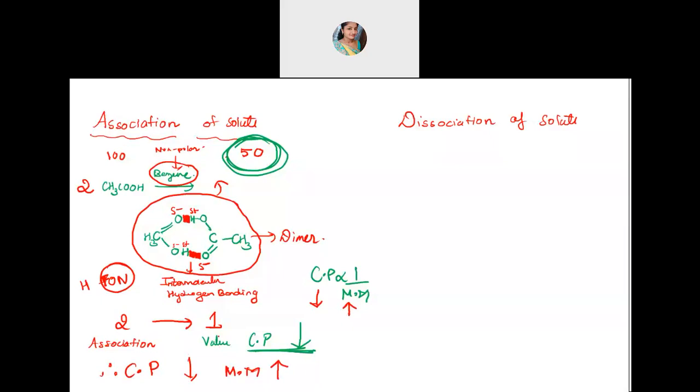When there is association of molecules, like in the case of acetic acid, initially there were 100 molecules, but when dissolved in benzene, which is a non-polar solvent, these acetic acid molecules, being polar, combine with one another and give rise to a dimer. When they form these pairs, the 100 molecules get reduced to 50. Colligative property totally depends on number, so if the number decreases, the colligative property value also will decrease. And since colligative property is inversely related to molar mass, the molar mass value will increase. Is it clear what I said?